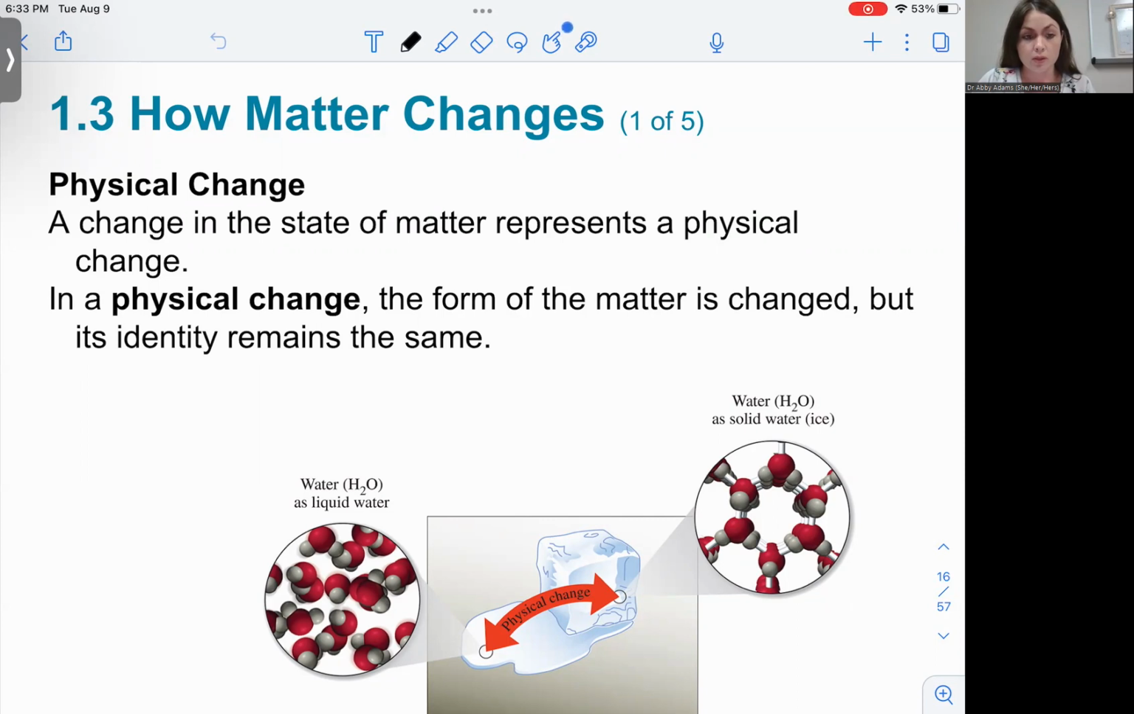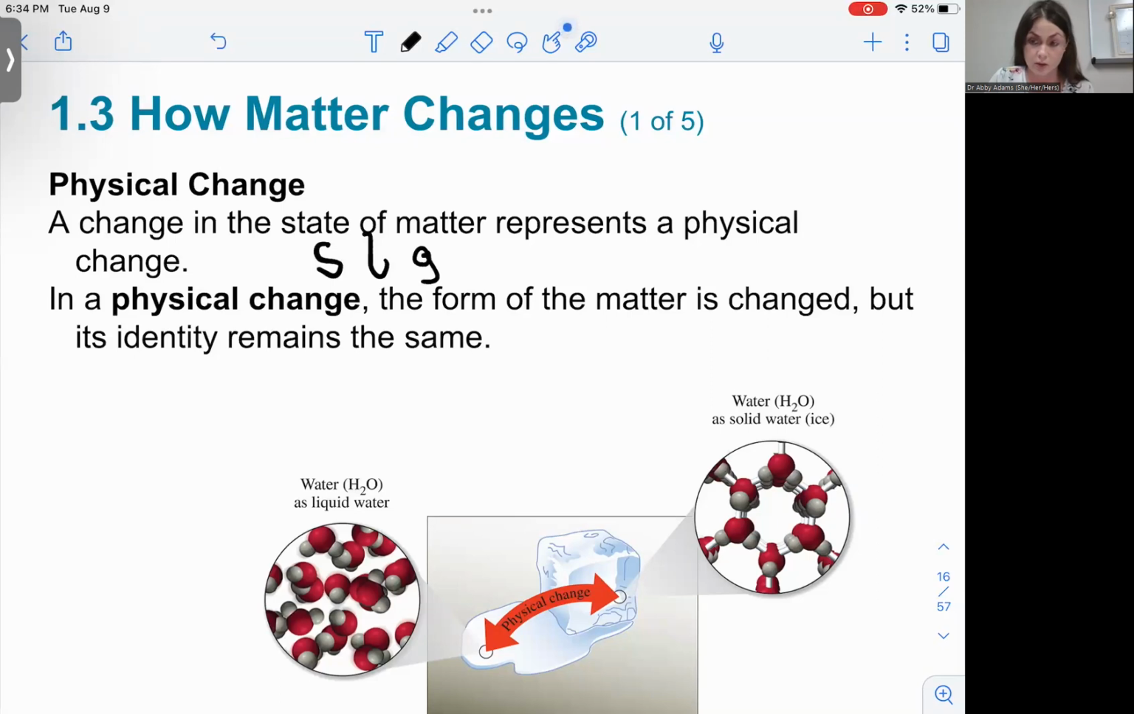So a physical change, whenever we're thinking about matter, that's a change in the state of matter. Okay, so that's a change in the form of matter. So we remember the three forms of matter, right? So we have solid, liquid, and gas. And so this is the physical change. The identity remains the same. And you can see what your textbook and the slide is trying to illustrate to you is that the chemical